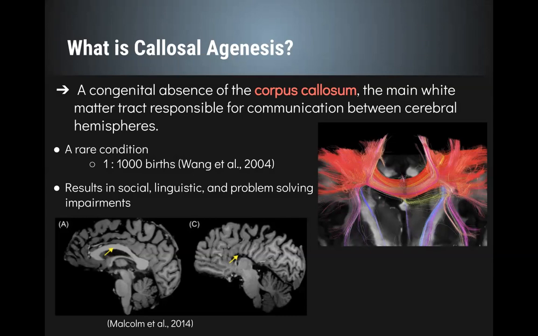Just a brief introduction, if you don't know, it's the absence of the corpus callosum, which is the main white matter tract responsible for communication between the cerebral hemispheres. It is a really rare condition, occurring in only 1 in every 1,000 births. And it can lead to social, linguistic, and other impairments, as in the research paper done by Wang and Malcolm. Yes. So here you see the red tracks are the corpus callosum,